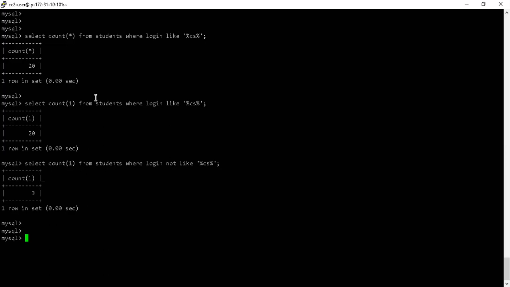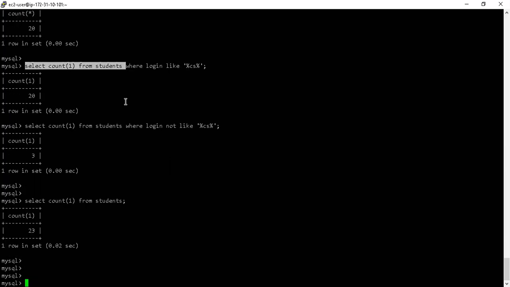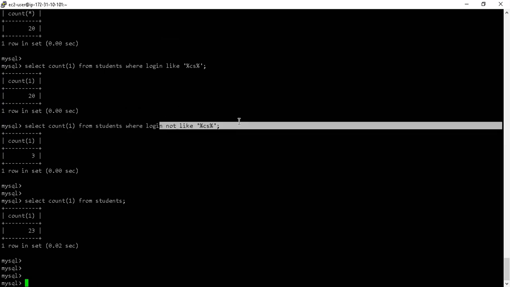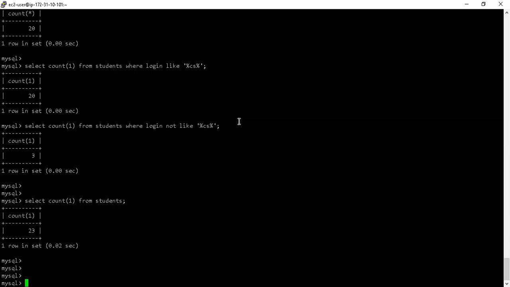Simple. I have total 23 rows. So I can simply also verify this by pasting this query over here, and as you can see I have 23 rows, right? So for a table with only 23 rows, no problem. What happens for a table which has 23,000 rows? If I'm going to do a very bad LIKE and NOT LIKE on that table, it's going to be a problem. Okay, that's why please consult your DBA and then you can take a call whether or not you should be using those in that case.